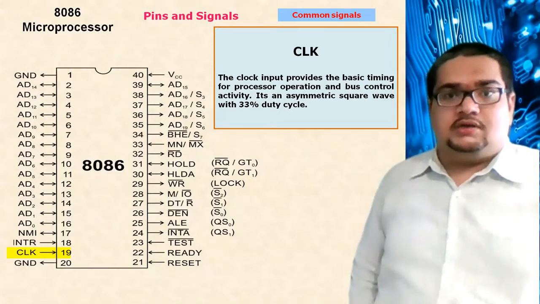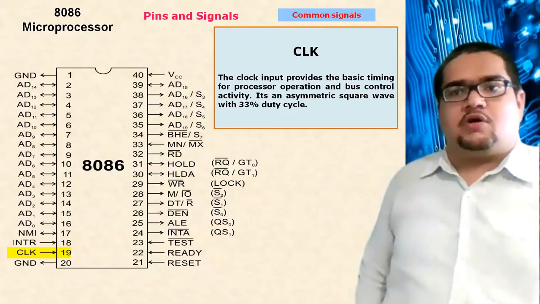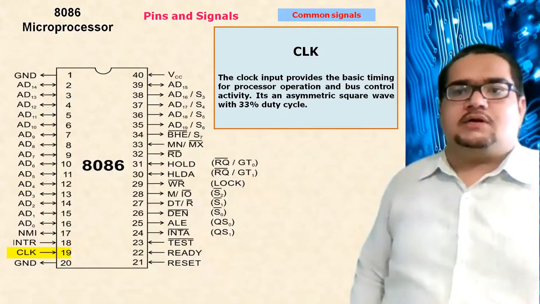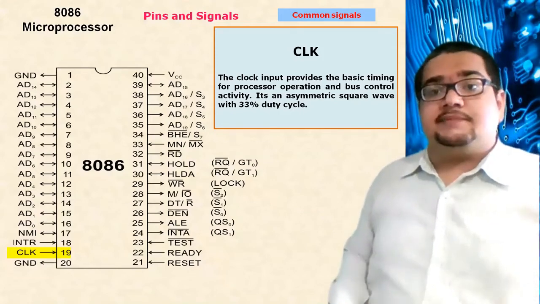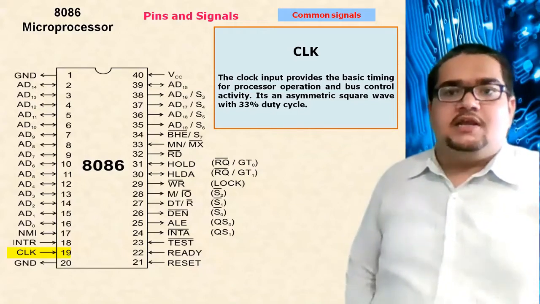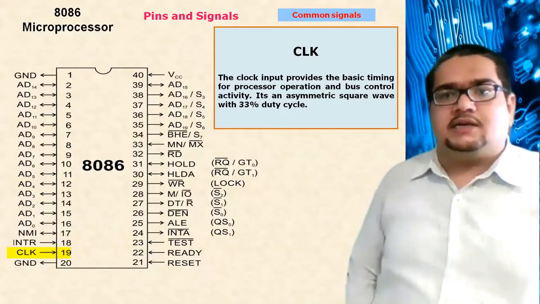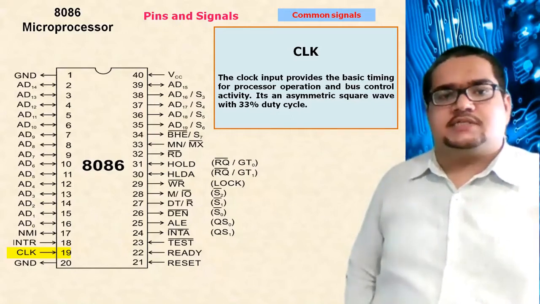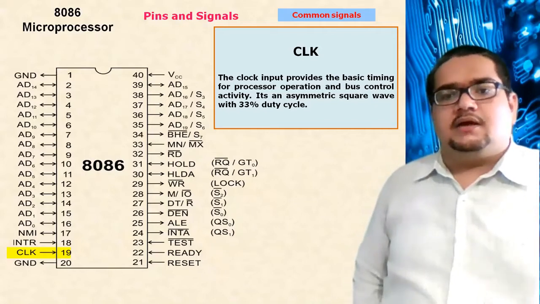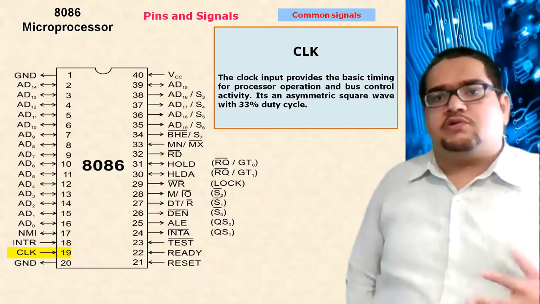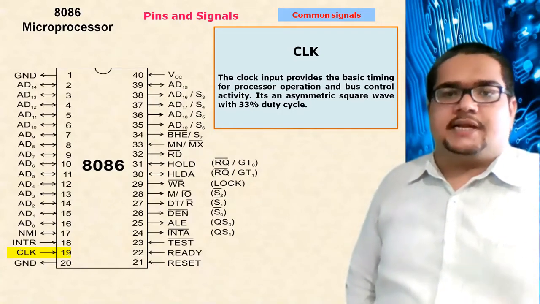Now pin number 19 is the clock. The 8086 does not have any internal clock on itself. We have to give the clock from an external source, and that clock requirement is that it has to have a 33% duty cycle. In an 8086 system, in an 8086 computer, we'll be using a particular clock generator named 8284. It's a clock generator used in the 8086 system. That IC is of 18-pin DIP structure, manufactured by Intel, about which we will not be going into much detail, but I have shared one particular link. If you want to study that IC more, you can check it out.